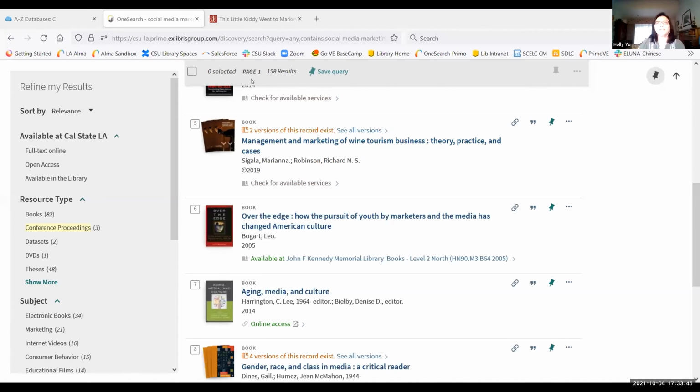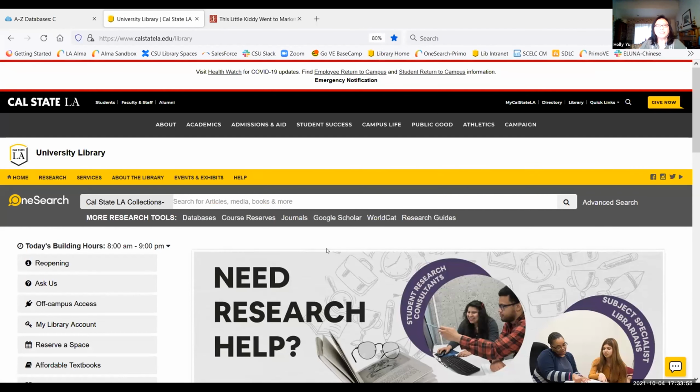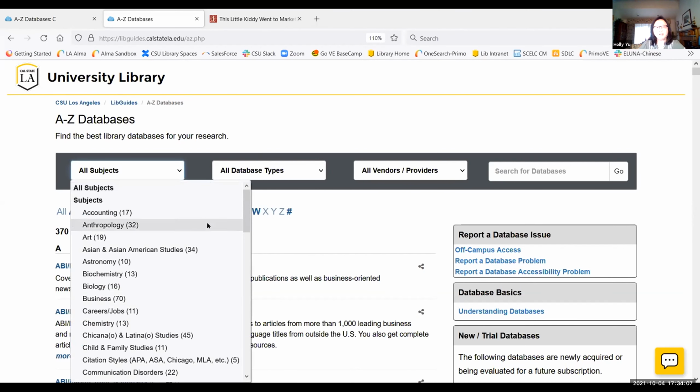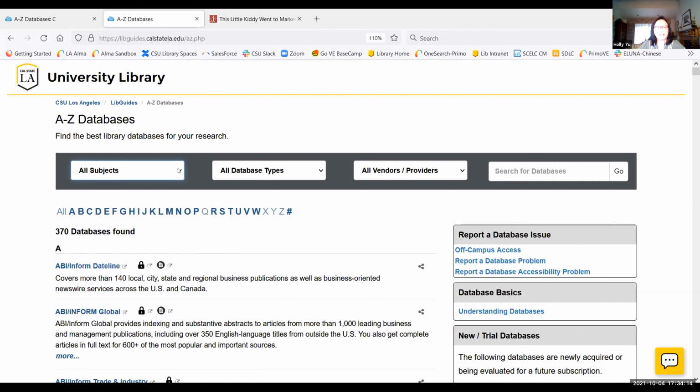And if you go to, can I share screen again? Yes, go ahead, Holly. Okay, can you see my screen now? Let me show you. So if you go back, those measures are not really searchable like articles, because they are not articles. So if you go to databases, and I think we will cover this in the next workshop, right? If it's psychology measures you're looking for, you can just select databases by subject first. And so that way we can narrow down to a